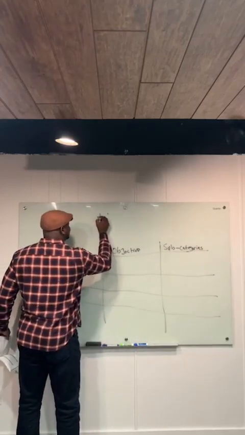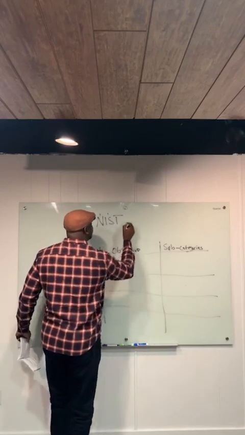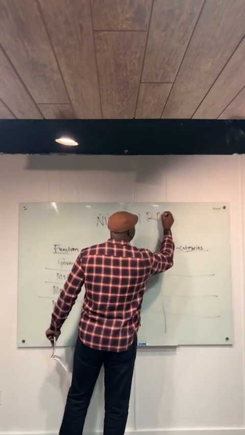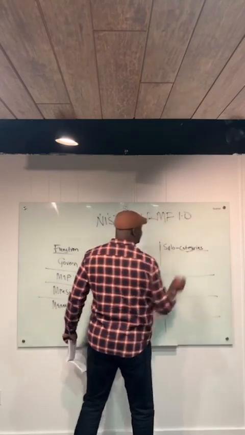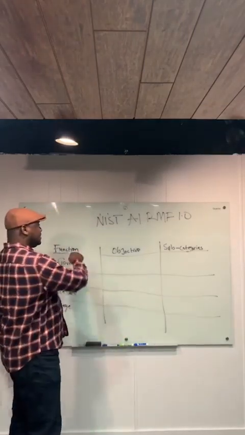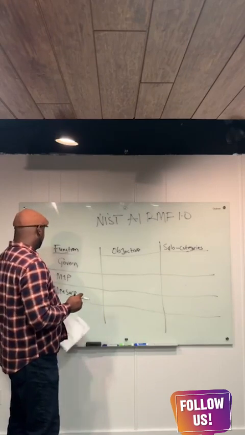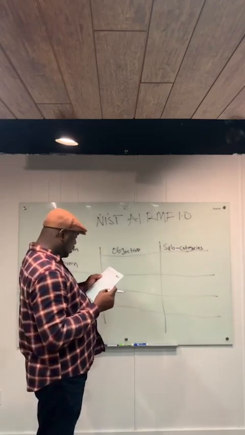The guideline is called NIST AI RMF 1.0. Then you can Google that. They have a PDF version of this framework or guideline. Then for govern,